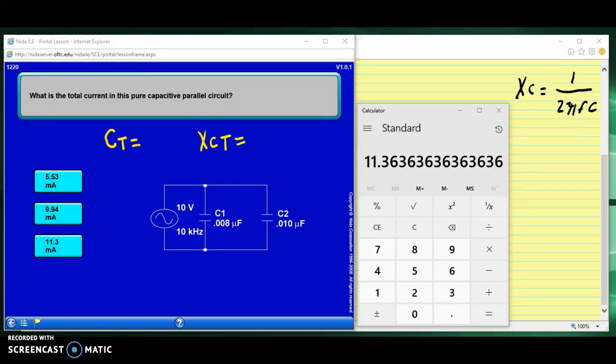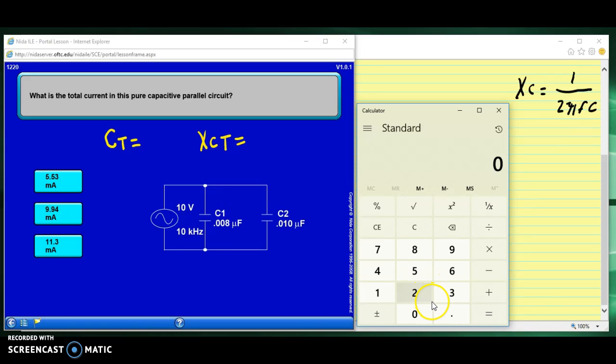Okay, so let's go ahead and calculate CT, and that's pretty easy. We just add these two together. We can make sure we get our units right, and notice this is not 8 microfarads and 10 microfarads. It's 0.008 and 0.010 micro. You got to make sure we get those values right, particularly if we're going to use